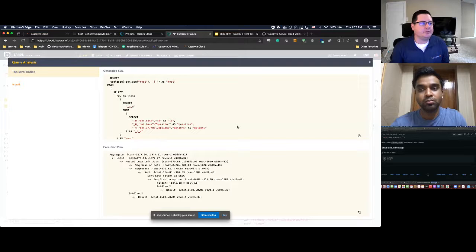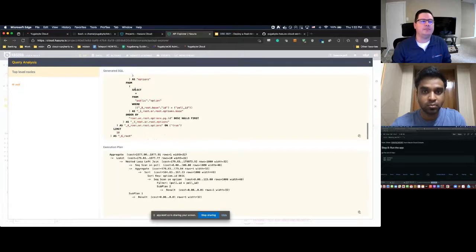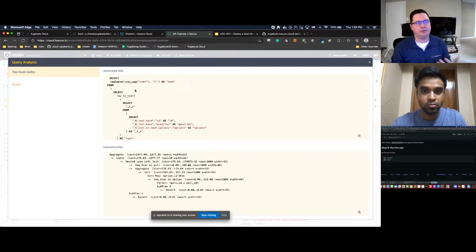This is interesting. If you're familiar with Hasura, it transforms your query into its query language that it'll then run against the database. And here it is, right? This is the generated SQL. If we were going to go back to our pg_stat_statements, you'll see the same exact query in the database. And you can see here